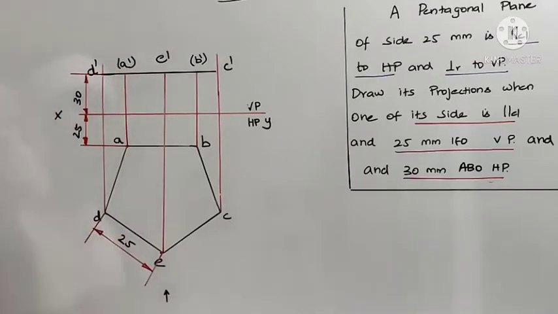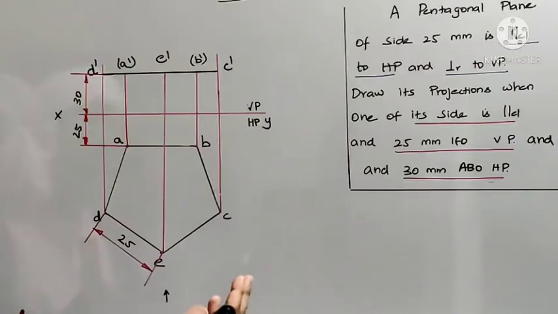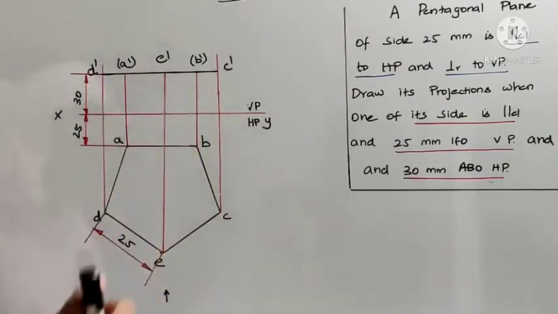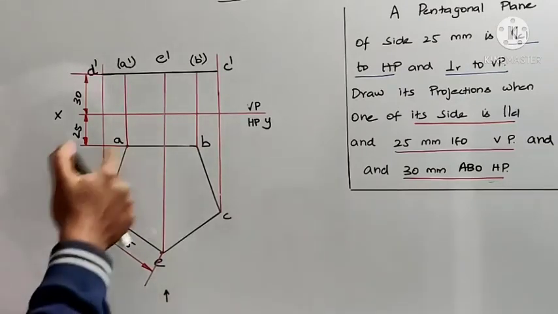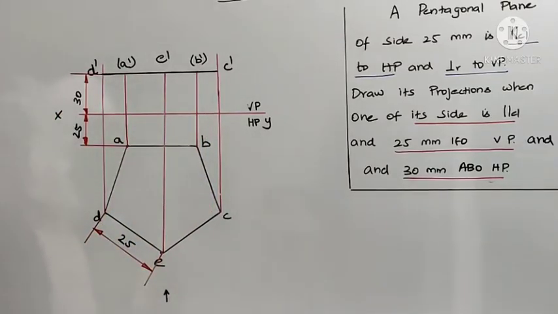So this is how we need to draw the projections of a plane when the true shape and size is visible in either the front view or top view, okay. So in this you look at here, the front view and the top view I have drawn with black color marker, which means that should be drawn with HB pencil, and the other supporting lines and the reference line I drew with red color marker, which means that need to be drawn with 2H pencil, okay. Thank you.